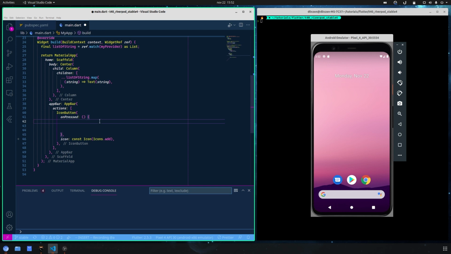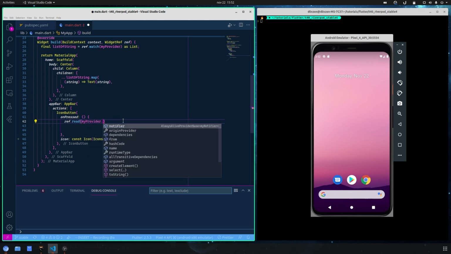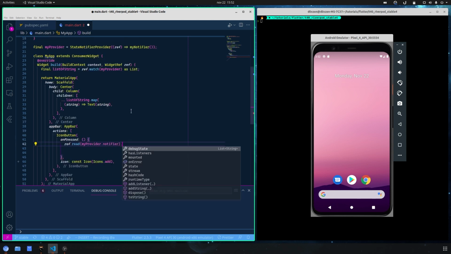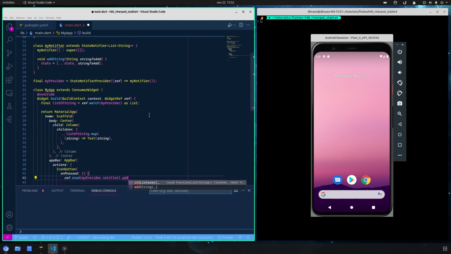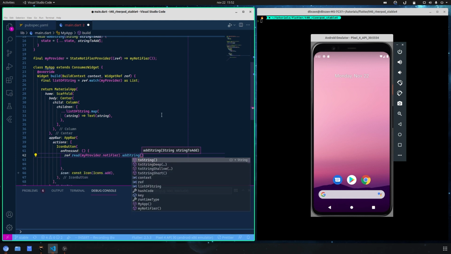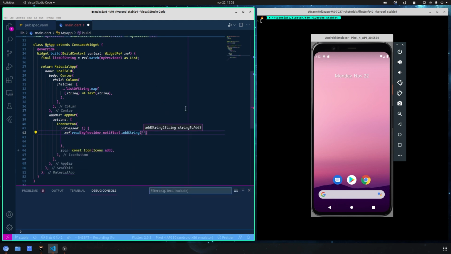And we do this by using ref.watch, for example, ref.read, sorry, because inside callbacks you should use ref.read, and here my provider.notifier, and we want to call our addString method, and inside here we want to pass a string,